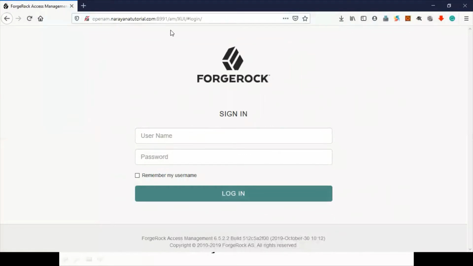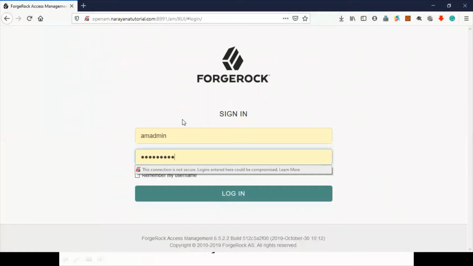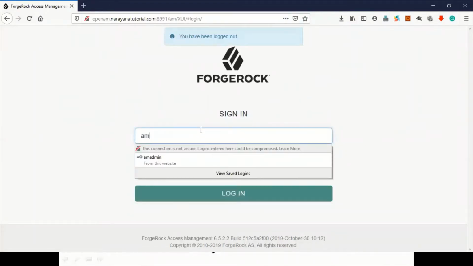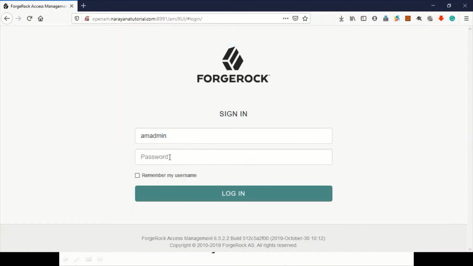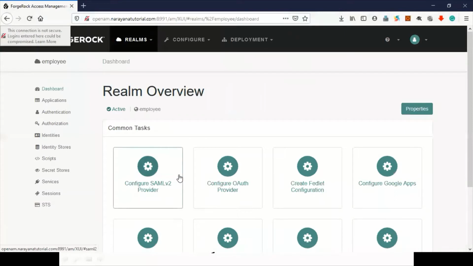This is the OpenAM application, so we can log in to our OpenAM application. Now we are going to configure the same thing in the employee realm.